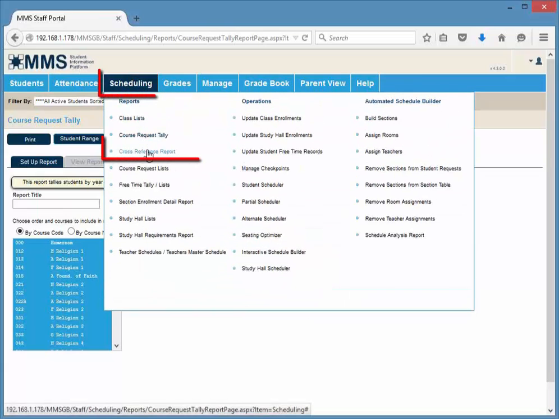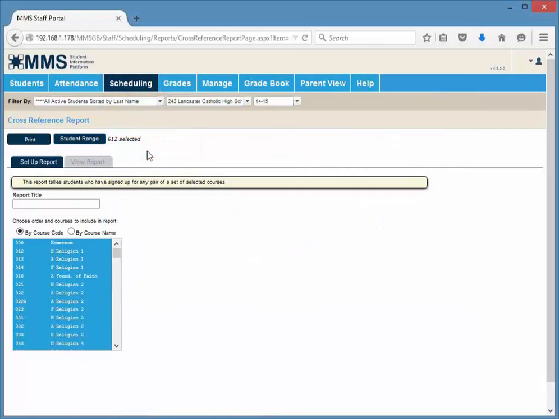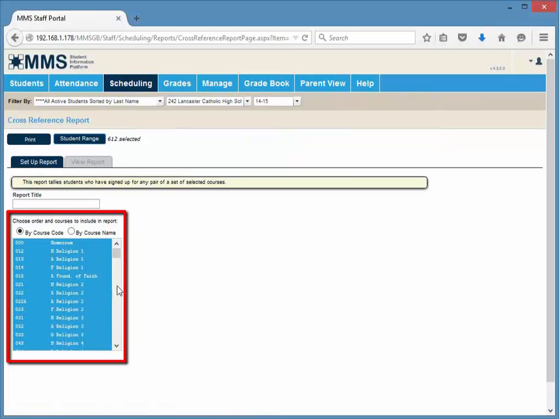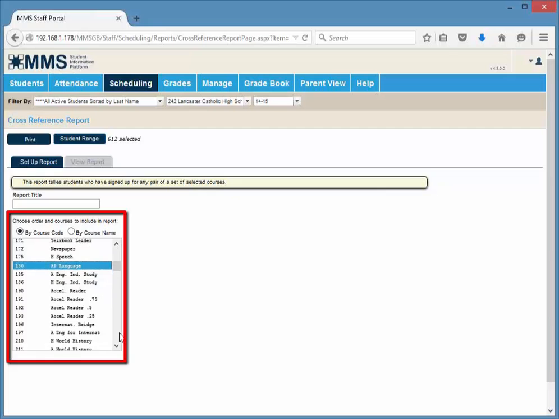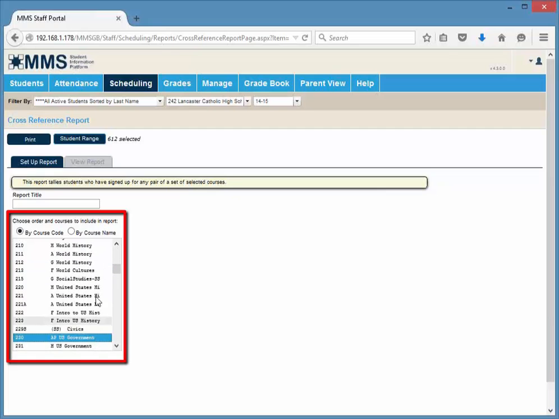When you go into your cross-reference report, this is the same as you have in MMS Generations. You pick what courses you'd like to see, do the student range, and it's going to give you that difference of what's going on. So if I want to scroll down and select a couple of honors courses or AP courses, I can come in and select those just by holding my control key down, like you do now, and then